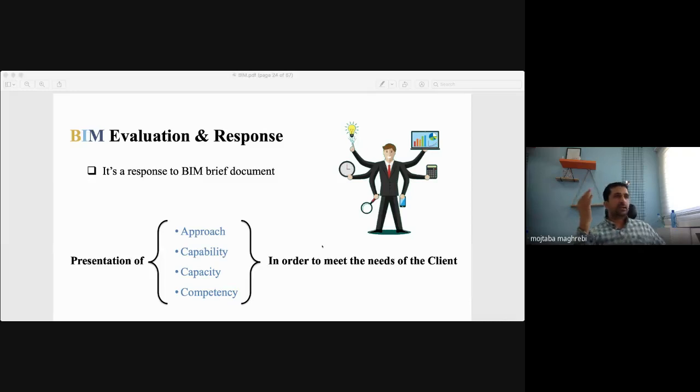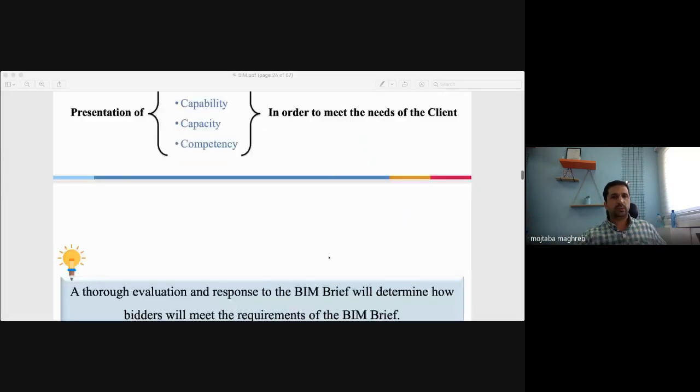Do they have enough room for this work, or are they already over capacity? They have too many things on the table and can't take more. They are already modeling, for example, 10 BIM projects, and they can't start another. There's not much room to accept another project. And the competency: if I want to deliver the project at LOD 350, how does it look? How do I want to do that?